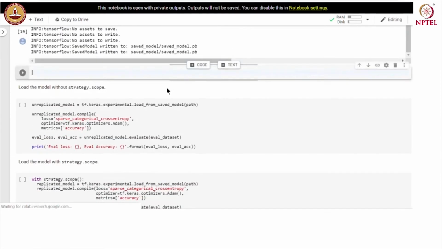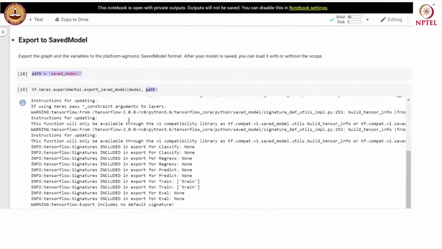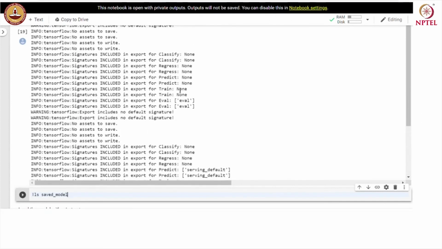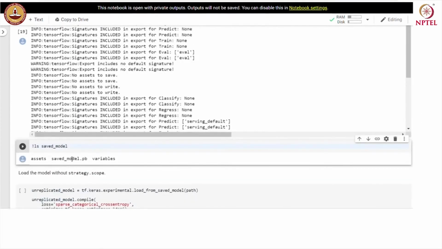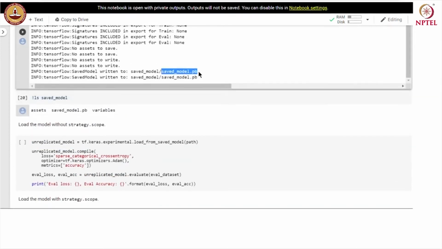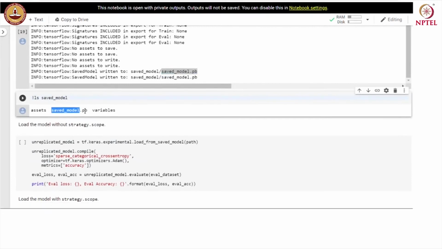Let us check the content of the saved model directory. And you can see that the model has been saved in the saved model directory. So, the model has been saved to the saved_model.pb file.